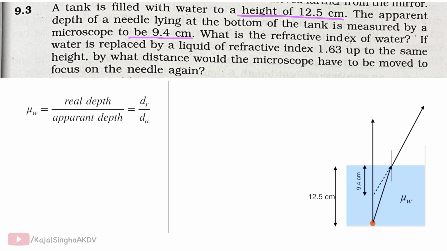Here we know that refractive index of water equals real depth by apparent depth, and real depth is 12.5 centimeter and apparent depth is 9.4 centimeter. So we get mu w equals 1.33. Now, if water is replaced by another liquid of refractive index 1.63,